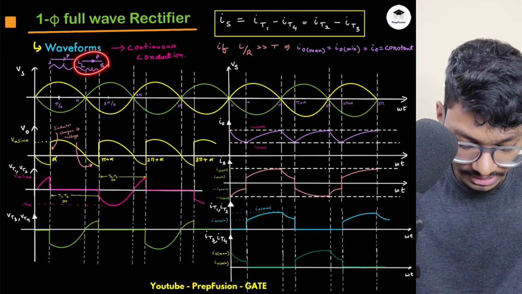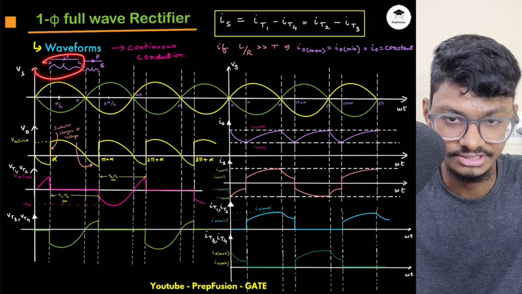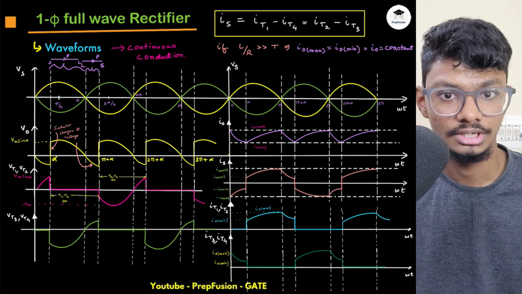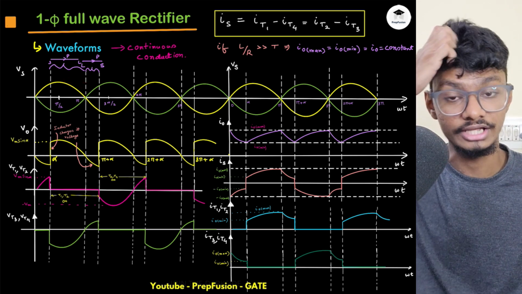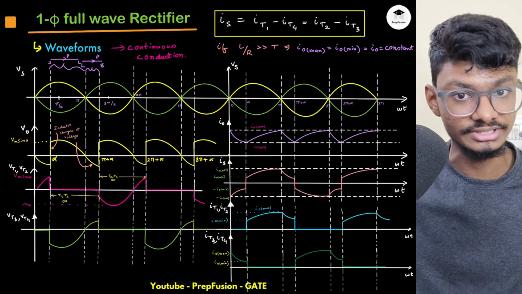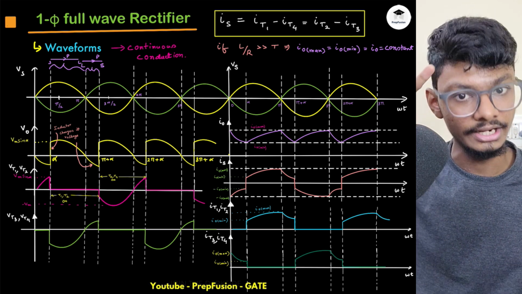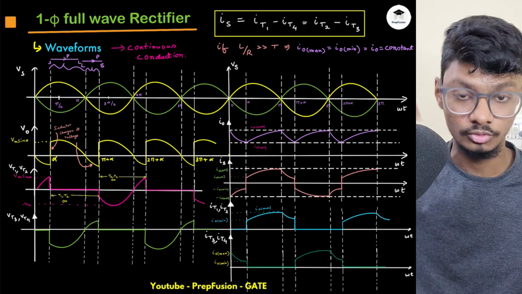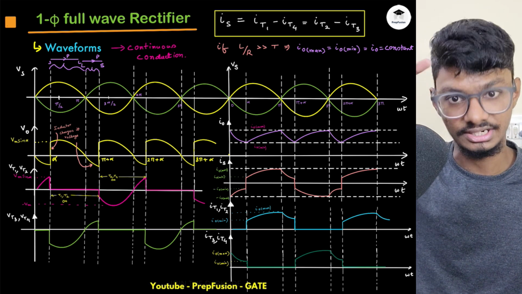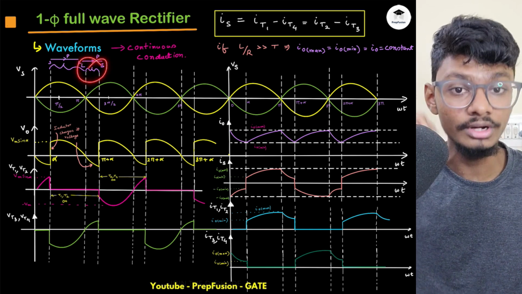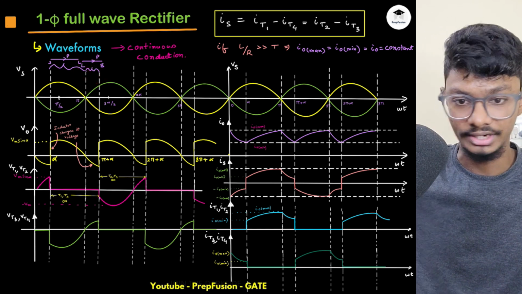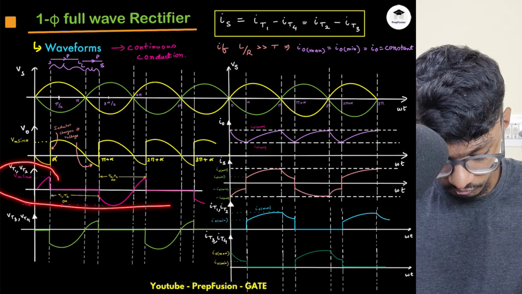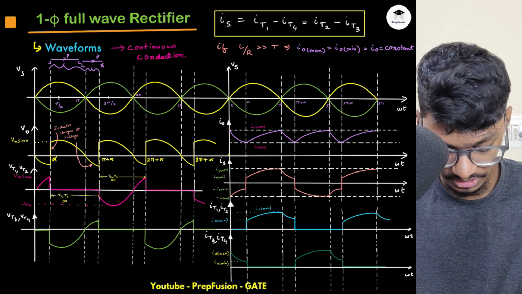You are seeing that de-energizing time is less than energizing time, but previously I told you both of them are equal because there was no R present. Now the inductor has to discharge to R, right? It has to supply the energy to the resistor and to the source, both. Previously the inductor was energizing from the source and de-energizing to the source, okay? But there is extra R present. Due to that reason, it will de-energize faster than it will energize, okay? So I hope you understood this point and I hope you understood the voltages across T1, T2, because in continuous conduction,